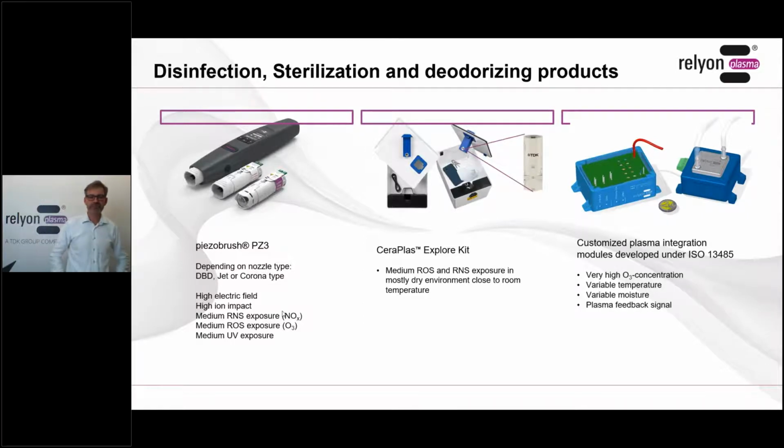Then we have kind of an explore kit where in a little box we can create a cocktail which is basically composed of different oxidizing components and NOx components, basically in a dry environment, and that is a very efficient way of getting rid of dangerous populations on different goods of everyday life,